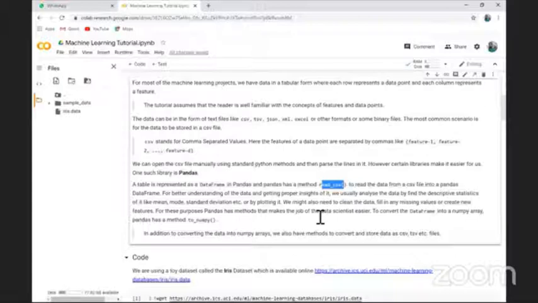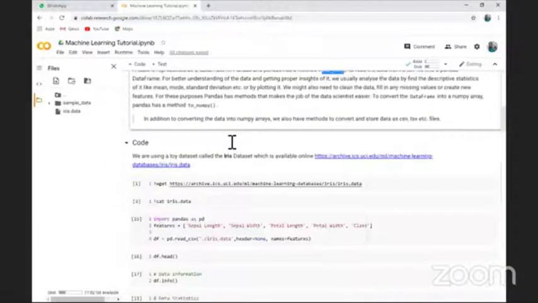We might want to plot that data for understanding it better. Fine. So pandas has all of these things incorporated into it. That's why it's better to use pandas, but you can very well do without using pandas as well. Fine. So for demonstration purposes, I'm using a toy data set called the iris data